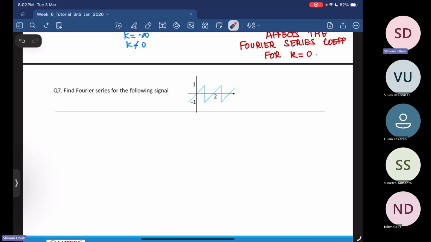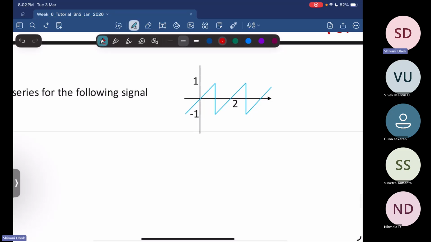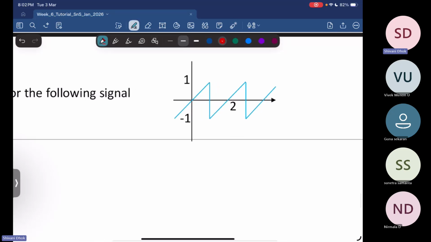Okay, so this is the question that is given to us. Again, we need to find the Fourier series coefficients. These questions might seem to be repetitive, like finding Fourier series and all those things, but bear with me, these are important questions. You will need those things once you go ahead in the course.